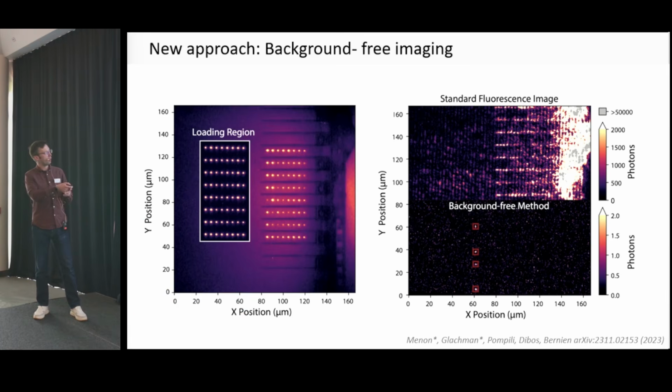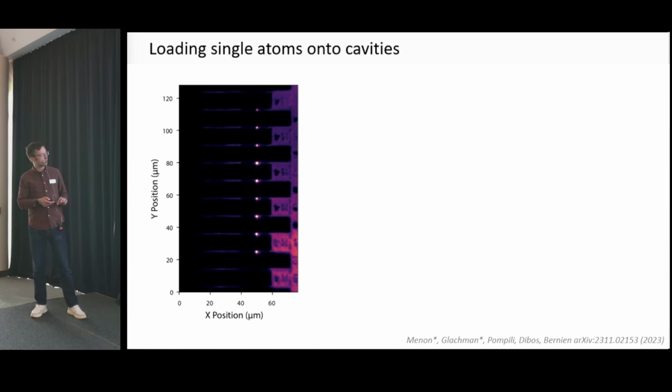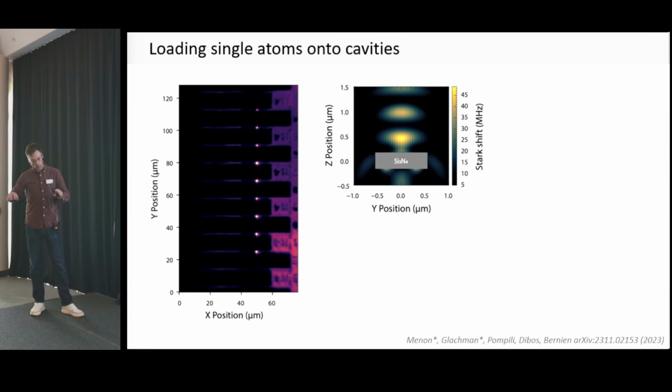We can put a whole array next to the chip or even interleave it with the chip. So these things actually work very nicely. We can cool the atoms, image the atoms, and now we move on top of the chip. So we can even image the atoms when they are on top of the nanophotonic crystal cavities here. And of course, here you just see an XY that they are on top of each other. The important thing is now, do they also sit close to the surface? As you put the tweezer on top of this nano-photonic crystal cavity, some of the tweezer light will reflect. It will form a standing wave, and your goal is to get into this first antinode here.